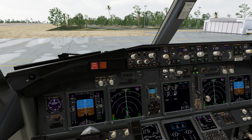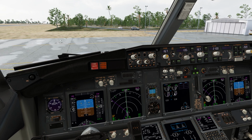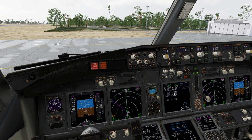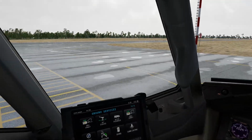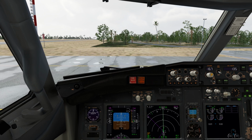The reason I'm going flaps 15 is it is a very short runway and it is wet. Not that we couldn't go flaps 5, but you know, when things are short, I'd rather not. It's not one where we're going to have to turn the bleeds off or anything, but